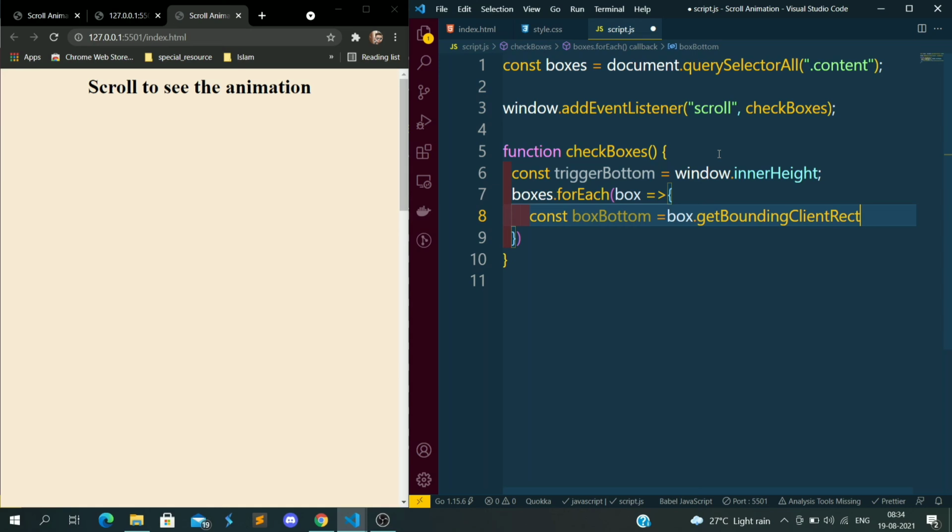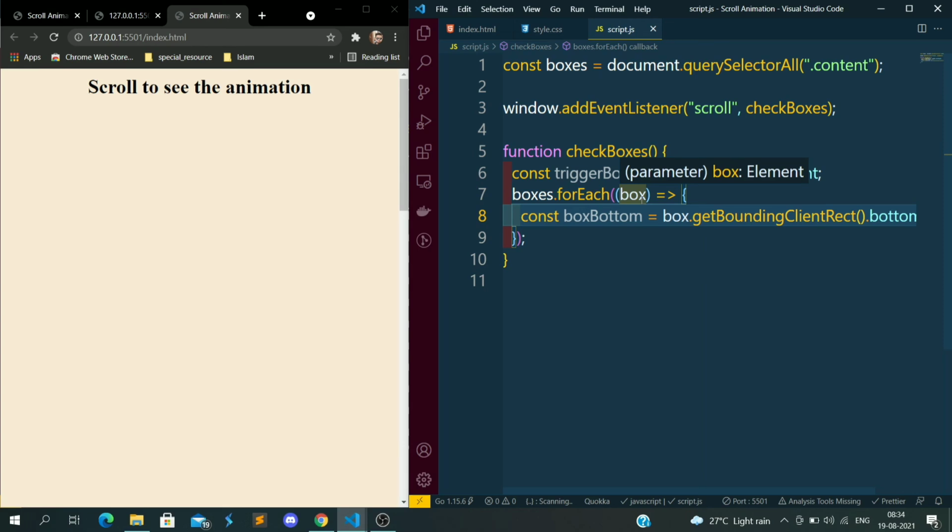So I am iterating over each box. Boxes contains all these divs. I'm calling this function getBoundingClientRect, and using it I will take the bottom height of every card. Why every card? Because I am iterating over each card with boxes.forEach, and the variable box defines each card.